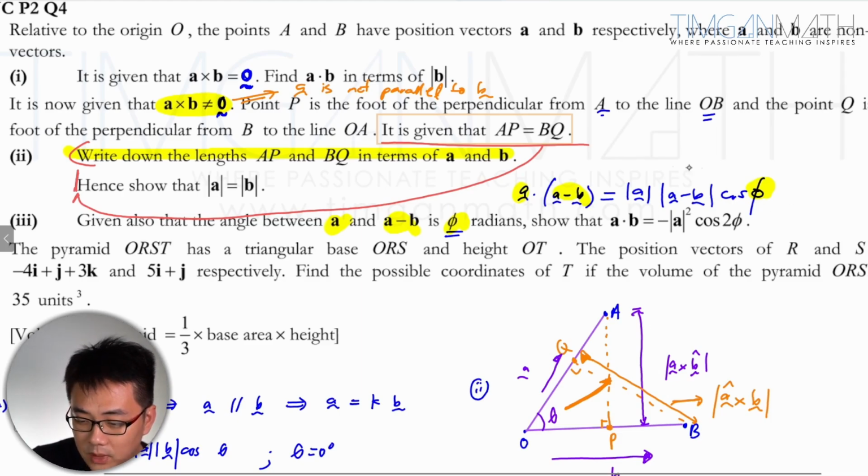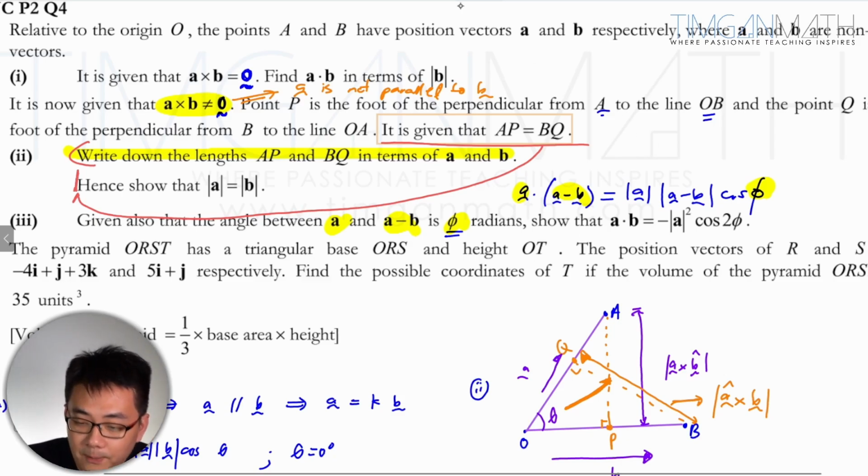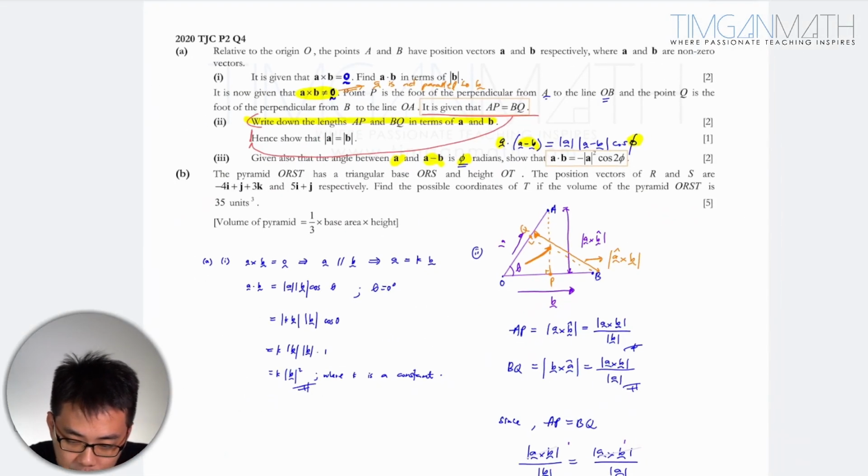This looks very annoying, right? Life is tough, this one is tough. So we are told to show A dot B. Of course, I don't think we need A dot A minus B. But what I'm saying is, if you want to use phi for the dot product, it should be this. This should be the correct one. But I don't think you should do this. So what should you do? You should